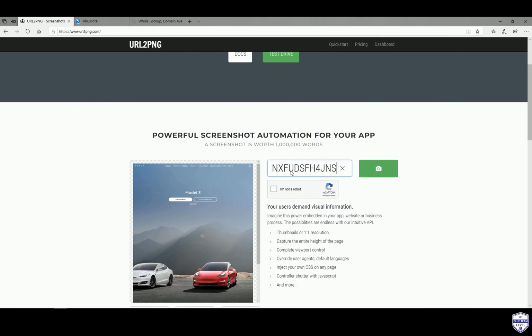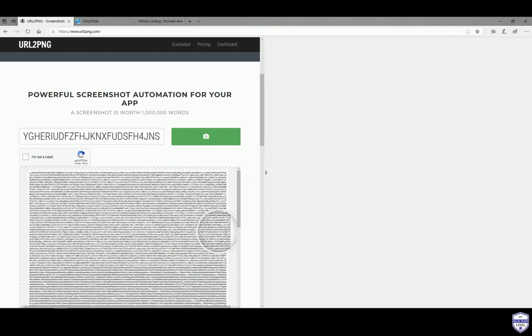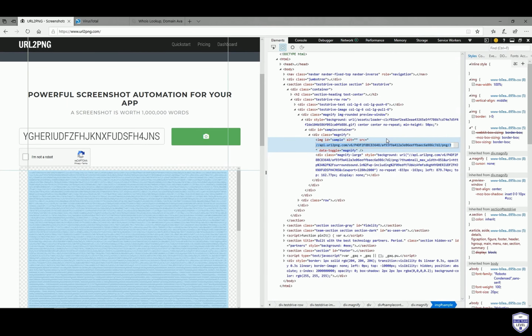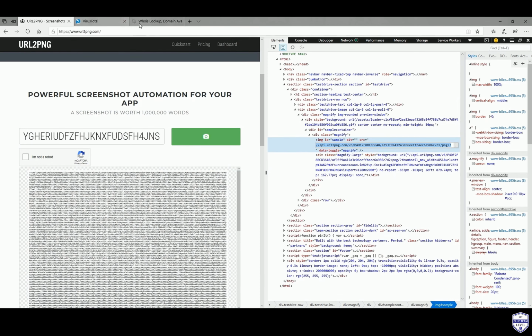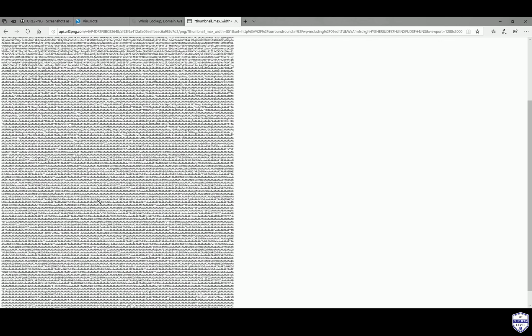Now let's take a look at what is actually on that URL using URL to PNG. This is pretty strange. We were expecting to see a credential harvester for PayPal, but this just looks like a ton of encoded data. To get a better look, we can right-click the image pane, go to Inspect Element, and copy the Image ID Sample URL and paste this into a new browser tab. So this specific URL is hosting a lot of encoded data, which most likely is malware, but first we should